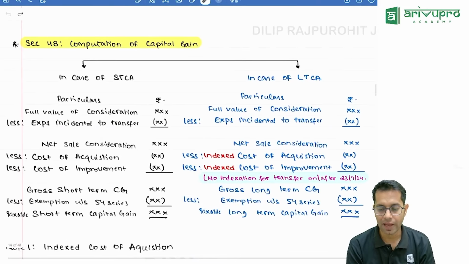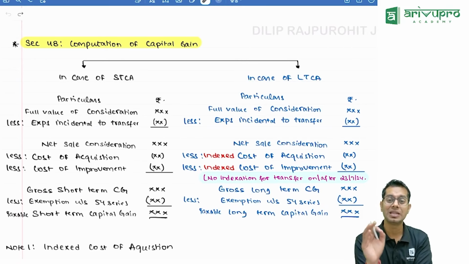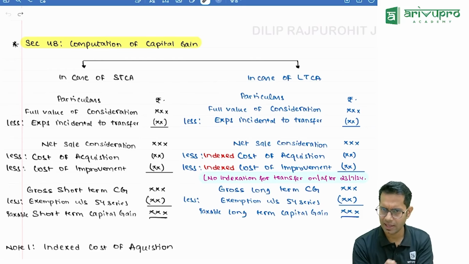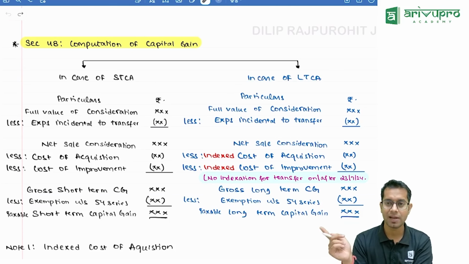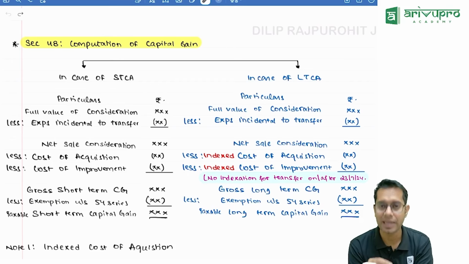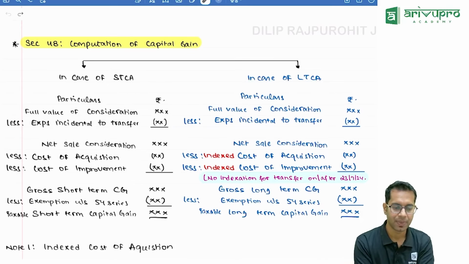Now, computation of capital gain also, there is a small change in computation. Please note, I'll repeat once again. Whatever we have discussed in the classroom is completely amended only. We had taken amended classes only, but still, why are we watching the classes? Why are we doing this amendment, sir? So that we know what are the questions which can come in the examination, because normally they will test amendments in the examination. Okay, so once we are just briefing the amendments.